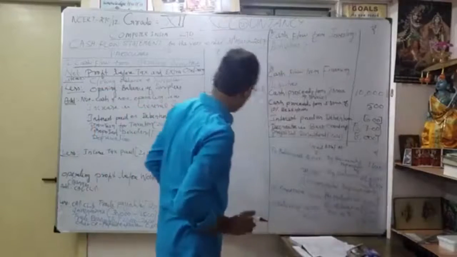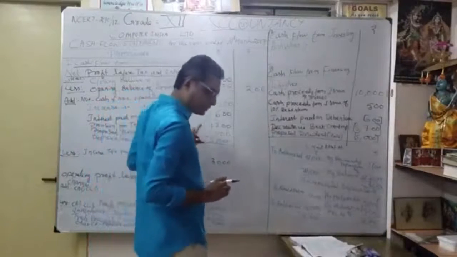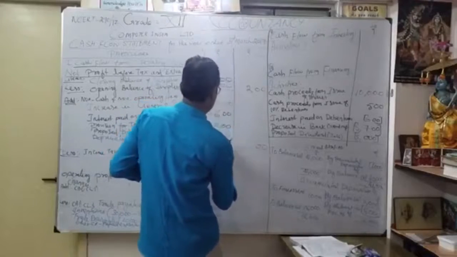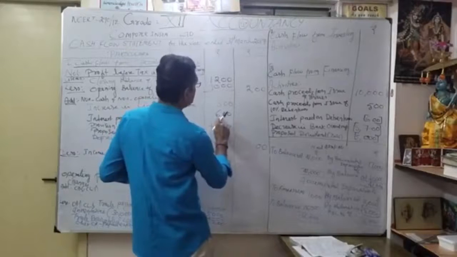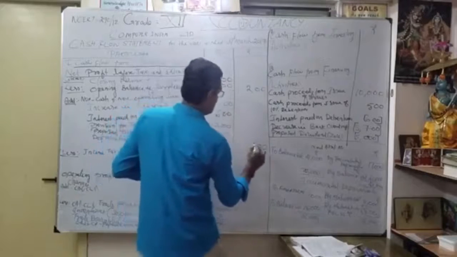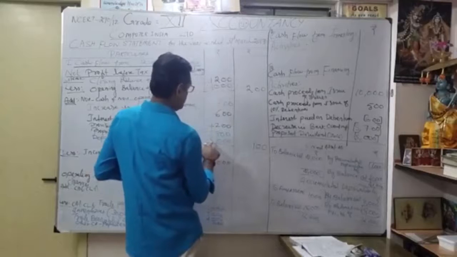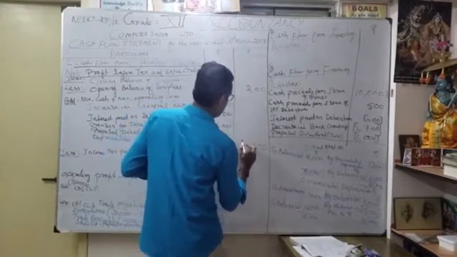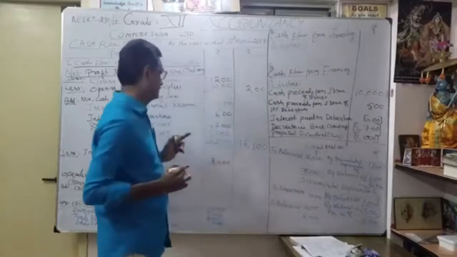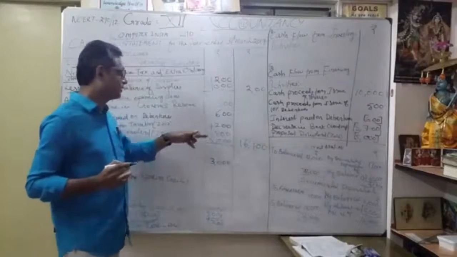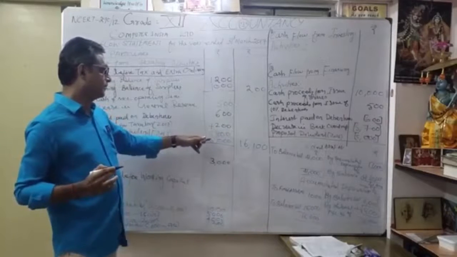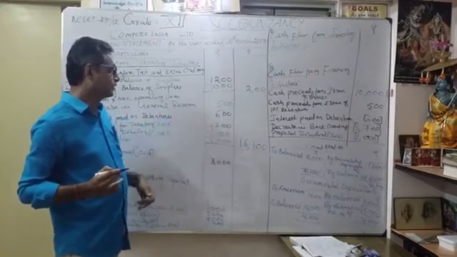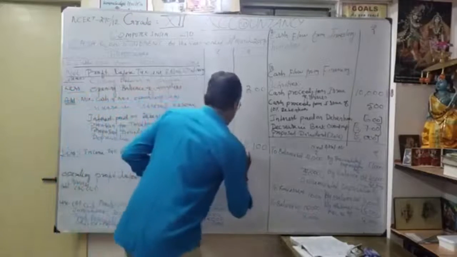So the total is coming to how much? 8 plus 2, 10, 16, 16 plus 5, 21. 5 plus 2, 7, 12, 16. Okay, how much? 16,100. So check it once again. The total is 16,100. Under here 5, 10,000, 14, 15,000. So 16,100. You understood? Now I am putting it just like this.